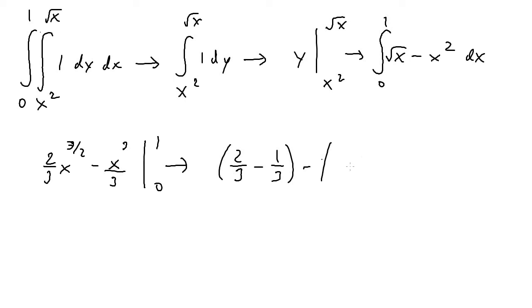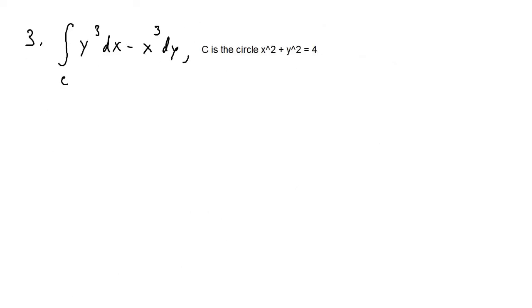Minus when I plug in 0 for x, we just get 0 minus 0. So that will cancel, and so the final answer is going to be 1/3. So now for number 3, we have the integral along c of y cubed dx minus x cubed dy,